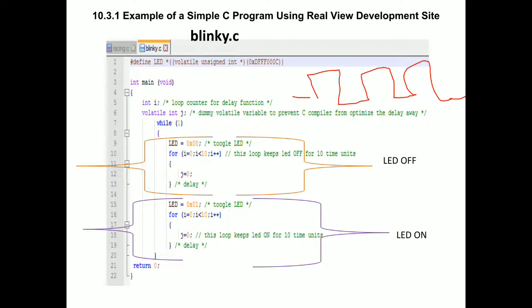In order to continue this blinking operation, we'll be using a while loop. We use the while loop so that the operation continues infinitely, until a switch-off button is pressed, or a reset button is pressed, or the power goes off. We need to keep the blinking continuous, so we need a while loop. The condition of the while loop is 1, so that the loop runs for infinite time.